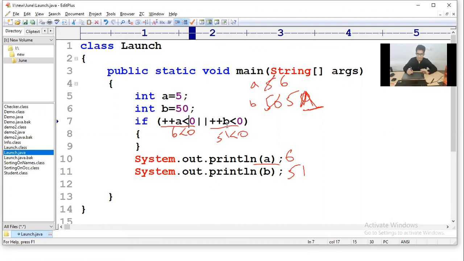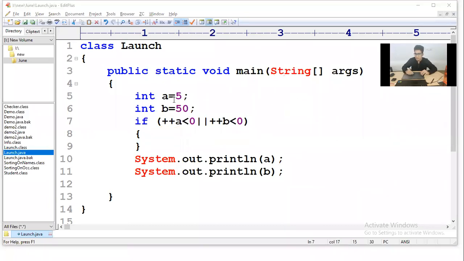So let's see one thing. This is a little difficult. Clear all rows. A value is 5, right? So A plus plus. Is it less than or equals to 5, and then I'll come here and write the and operator.